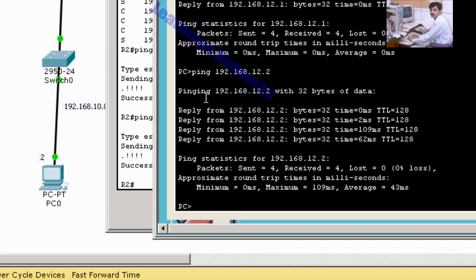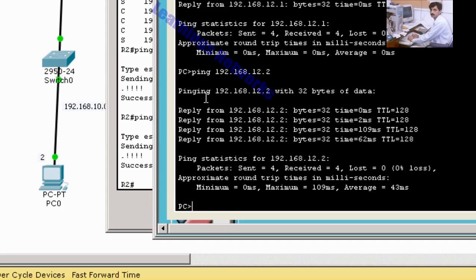Now we know that R2 is pinging R3, and R3's both networks ping R2's networks. Not all, two networks, 12 and 13.